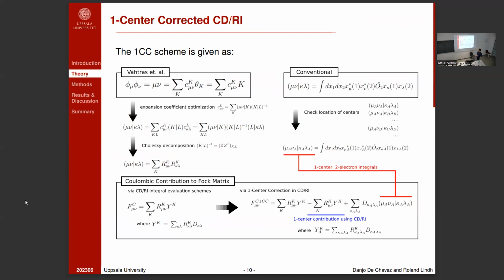So what we actually did is very simple. From that mechanism, we still maintain it, and we still get the same Coulombic interaction. And then we remove the approximation and add the exact contribution by calculating the conventional integrals in the analytical form. So this is more of a bookkeeping where you take note of the centers of your basis functions, and then you remove it via this equation, where the second term is just the approximate value for the one-center integrals, and then the red value is calculated conventionally.